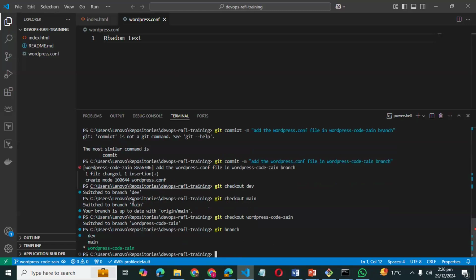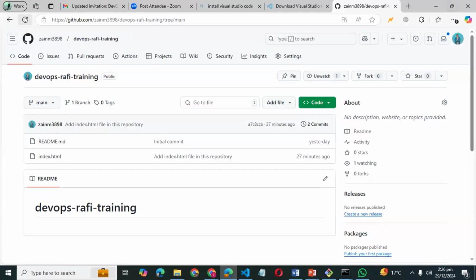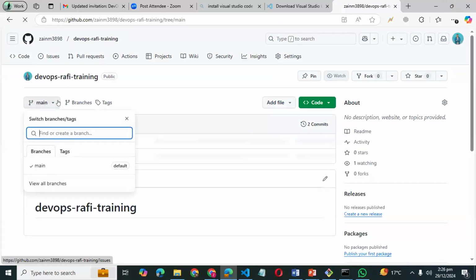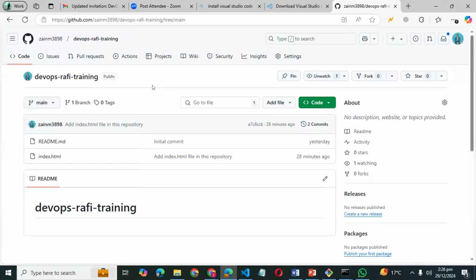Now, these branches which I created earlier are in my local machine, right? This dev and this WordPress codes branch are currently only in my local machine. If I go to my GitHub account, let's check if these branches are reflected here or not. These branches are not going to be reflected here until I push some code into them, right?